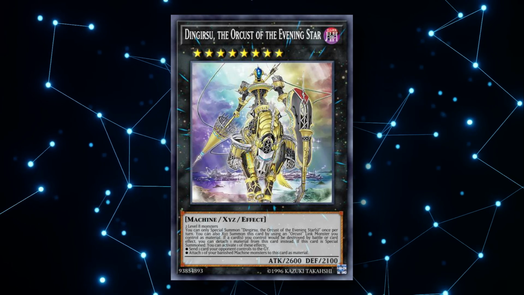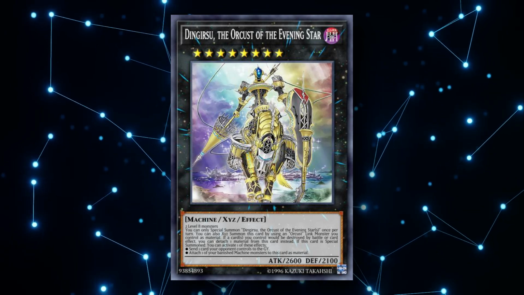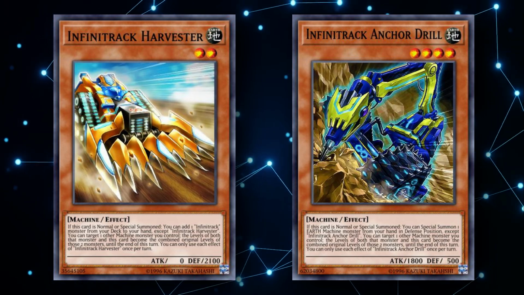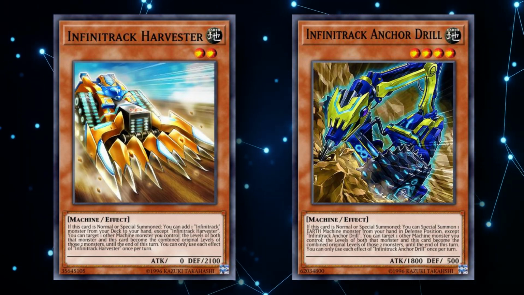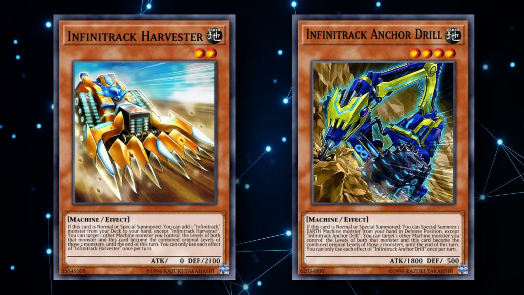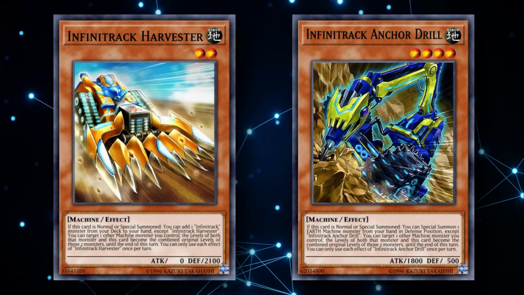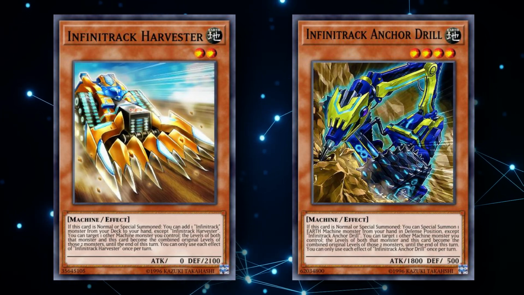But Dingirsu is still good to have to clear the field or to bait out interruptions. If somehow all you have available to use for Xyz plays are the Anchor Drill and the Harvester, for example, if they negated Harvester with a Chalice or something, you could combine their levels to make him level 6, then go into a rank 6 play, and of course as soon as Duel Links players smell a rank 6 possibility,